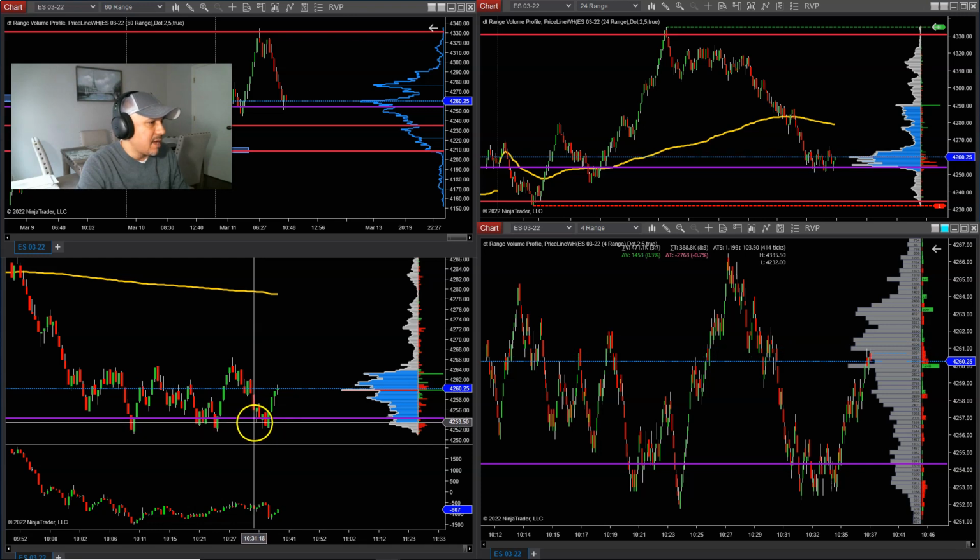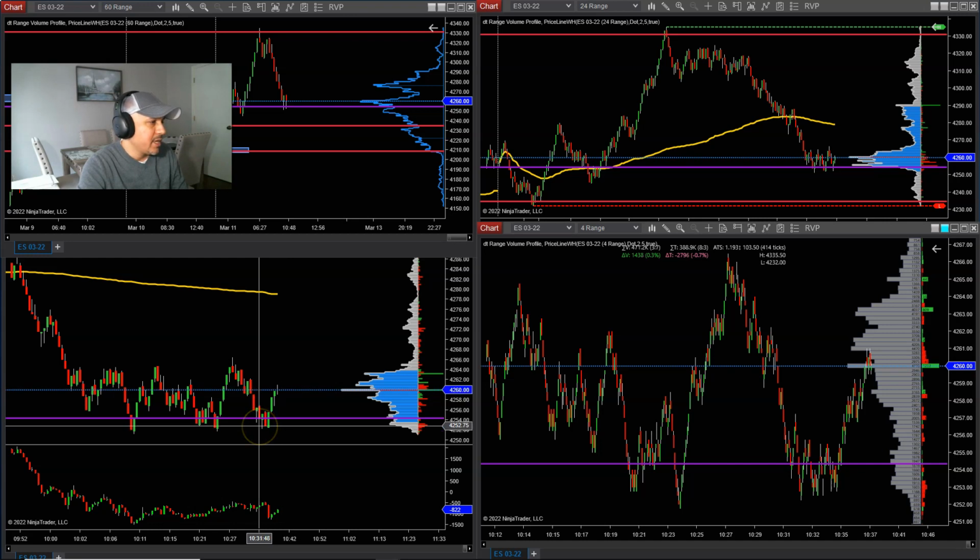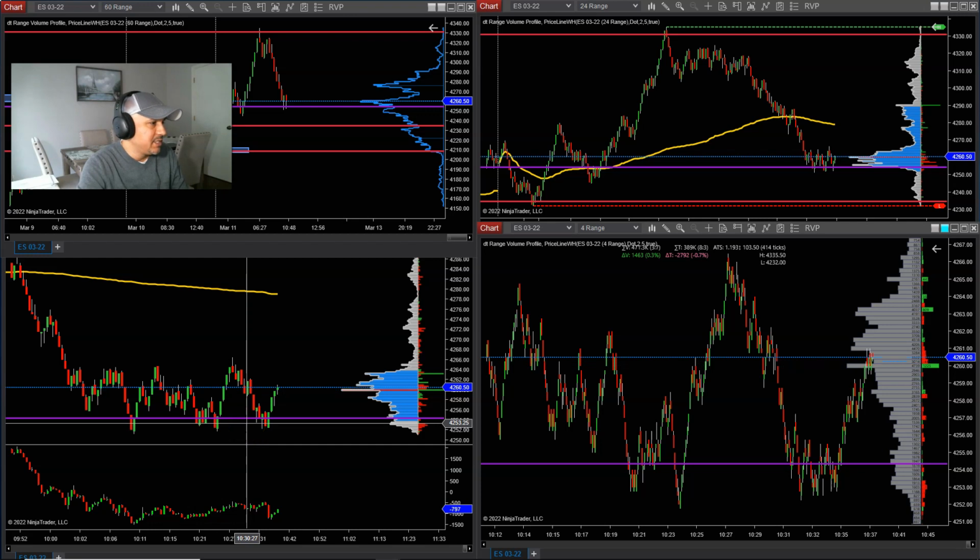They know that people's stops are sitting right there. So they do that and then turn the market back around in the same direction that you intended when you got in your entry the first time, to go long. They stop you out. Okay, that's why you cannot put your stop loss right there, tick to tick, right below